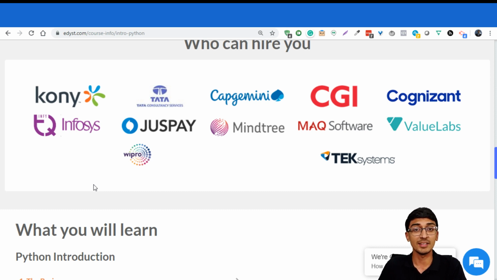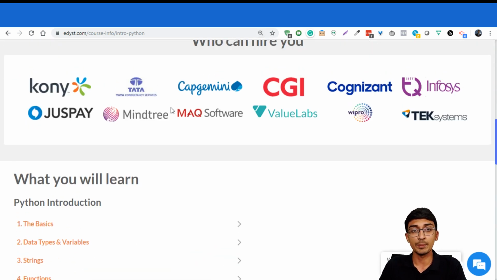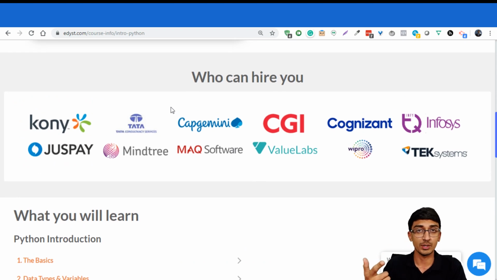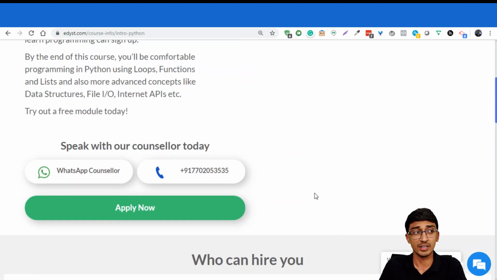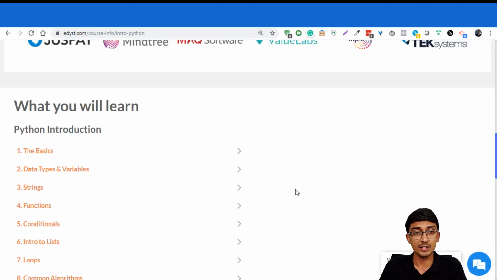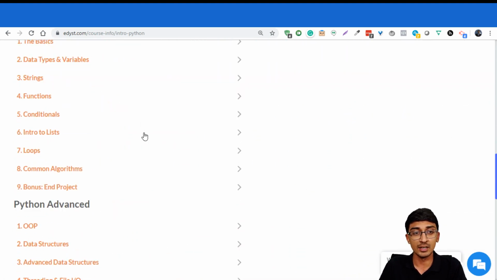So learning Python is a great opportunity to get there as well, and in all of these other companies too, because many of the companies are doing work in these areas I mentioned below: machine learning, data analysis, web development. All of these companies are working in those domains, and they want people who know how to do things in Python. So the course that we have created, we've divided it into an introductory part and an advanced